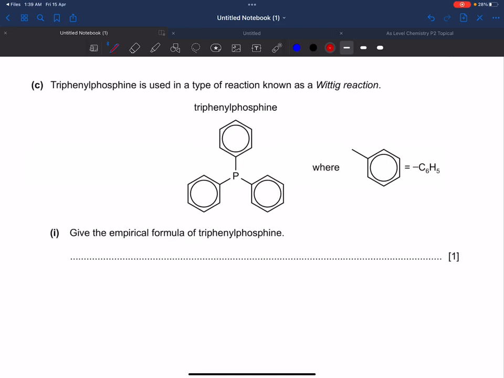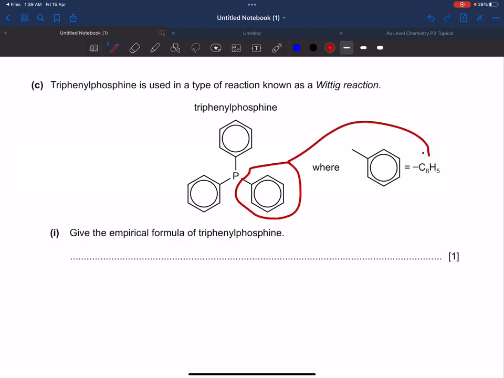Triphenylphosphine: you'd be very scared just by looking at the structure, right? So this is used in a type of reaction known as the Wittig reaction. Even I don't know what the Wittig reaction is. So triphenylphosphine is given. What's the empirical formula? This one structure